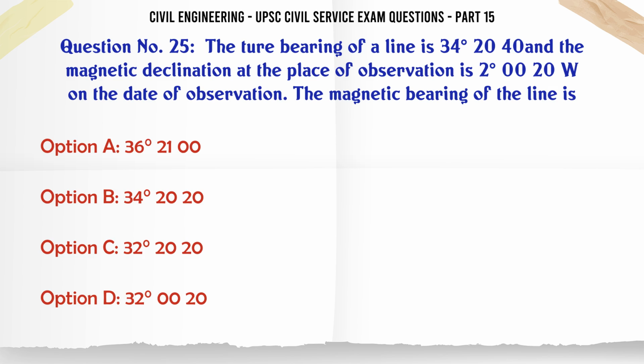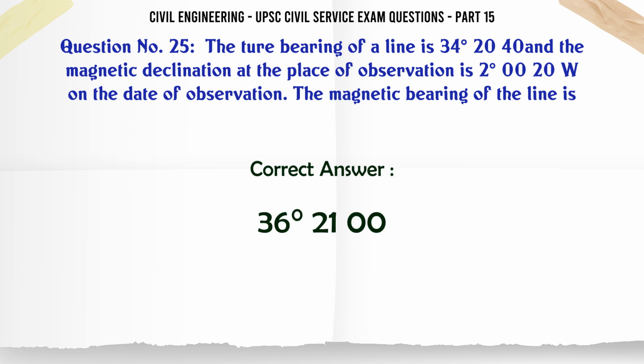The true bearing of a line is 34°20'40'' and the magnetic declination at the place of observation is 20°20' west on the date of observation. The magnetic bearing of the line is: A. 36°21'00'', B. 34°20'20'', C. 32°20'20'', D. 32°00'20''. The correct answer is